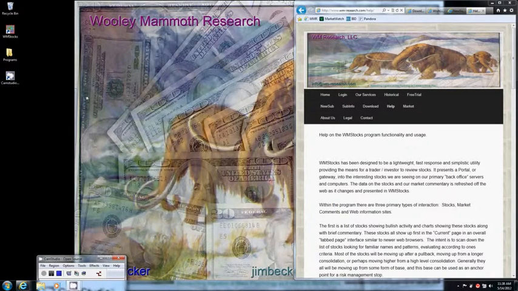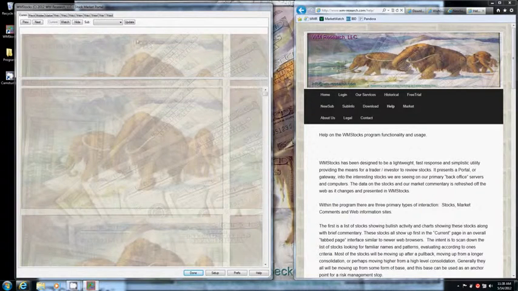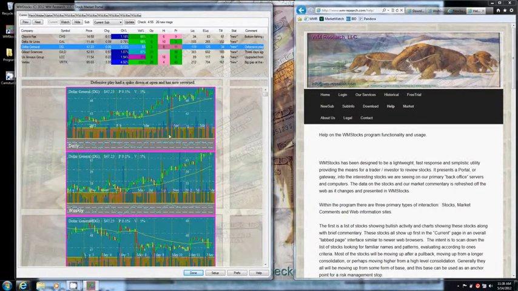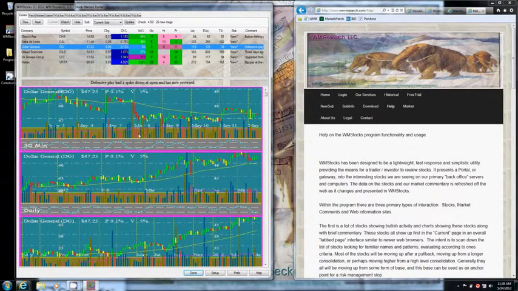Okay, what I want to show is just the preferences that are available with the WMStocks program. So I'm loading things up here, and I start out with all the standard stuff. Now I'm able to change the order of these, for example, by saying I want intraday. And let's say I want to fit these widthwise. Okay, so now I can do that, but that's transitory, and that's not going to stay with me over program